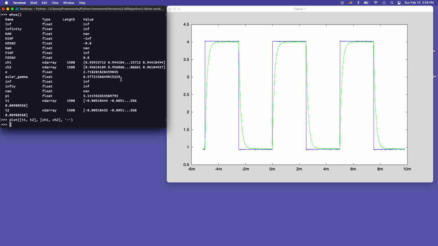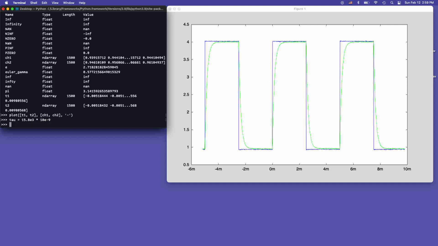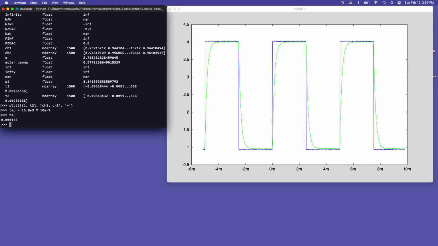It's just an RC circuit that's making a low-pass filter. The R is 15.8K, and the capacitor is 10 nanofarads. And so the time constant that we would expect, 15.8K times 10 nanofarads, would be, looks like 158 microseconds nominally. Okay? And so rather than doing the usual thing of trying to look for where the green curve gets to within 1 minus 1 over e of the final value,